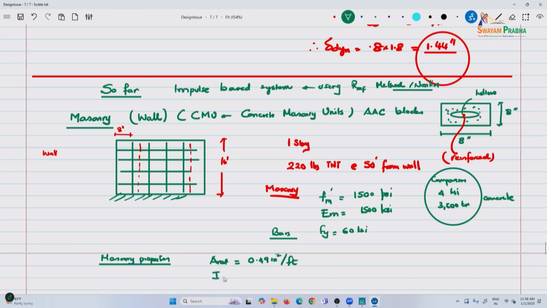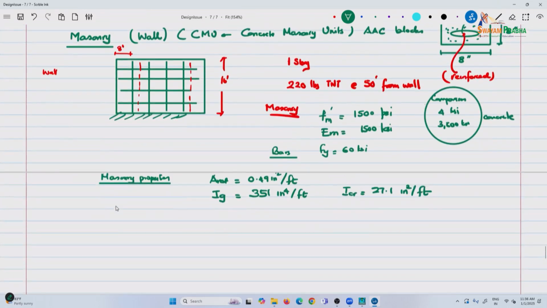The Ig, because they are cut to certain dimensions, all these are from tables, 351 inches to the 4th. So, the moment of inertia is given, and the cracked moment of inertia is also given. Here we are not engaging in those calculations. You are asked to determine